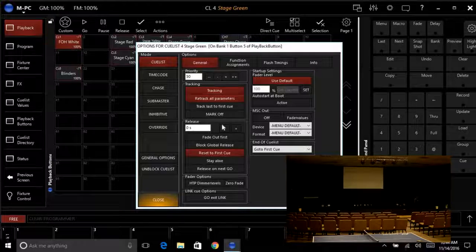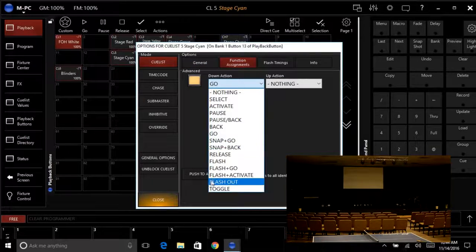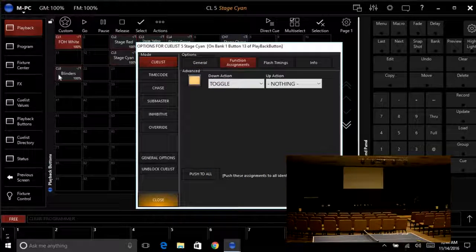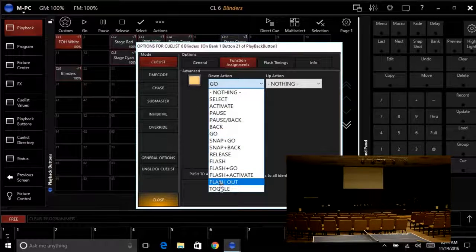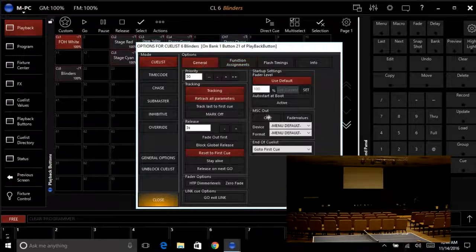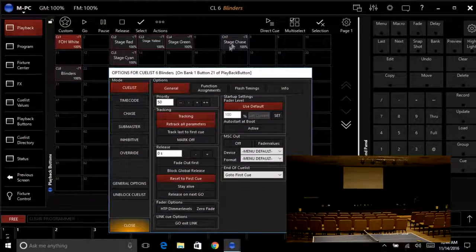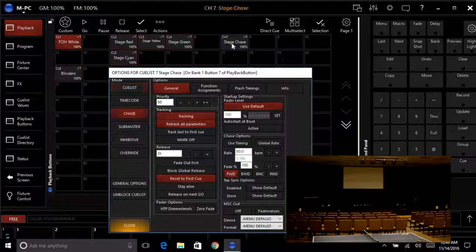Next one, I already did this one. Toggle, that one, set it to toggle, release time 0. I think that is the last one, release time 0,